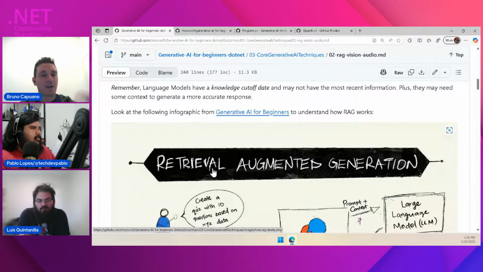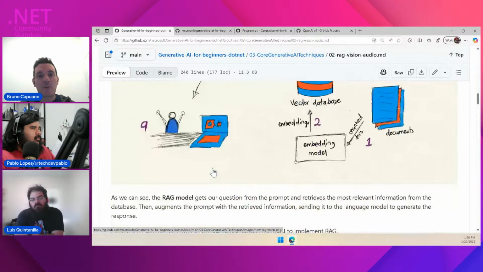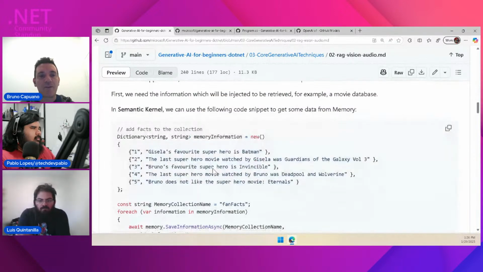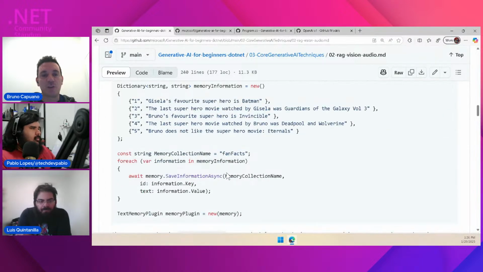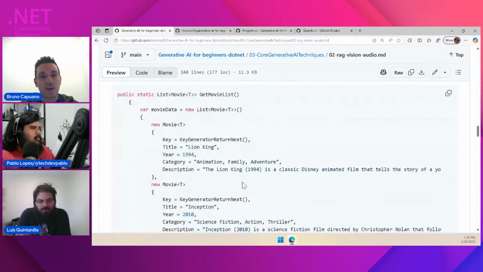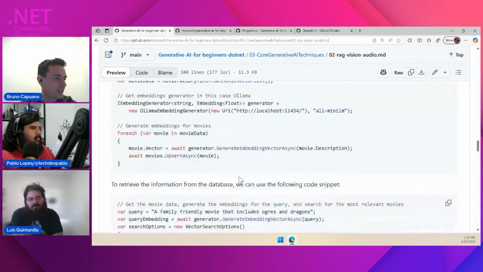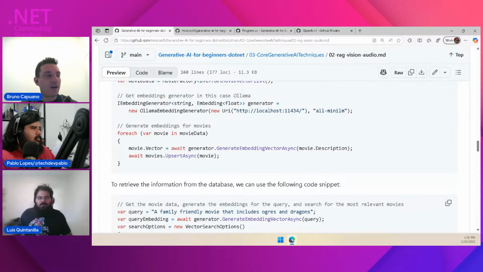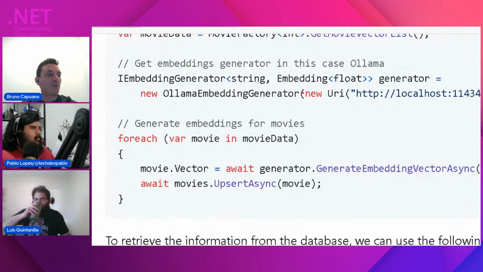We are going to have an amazing explanation about RAG, how you can do this with Semantic Kernel, and what are the 10 lines of code that you need in order to do this. So we have memory collections and more, and somewhere here, the movie databases and more. For example, here we have the RAG sample